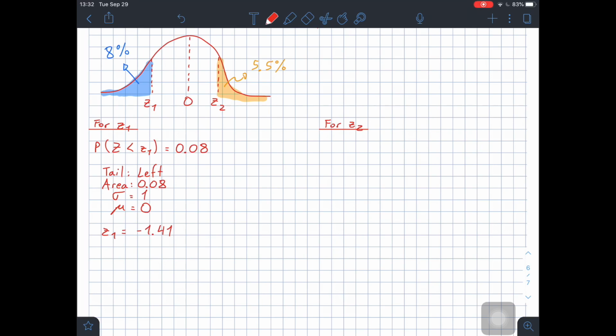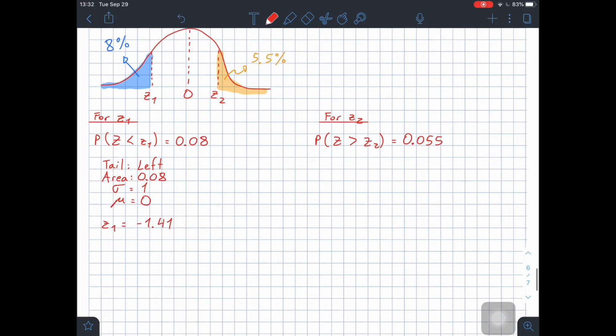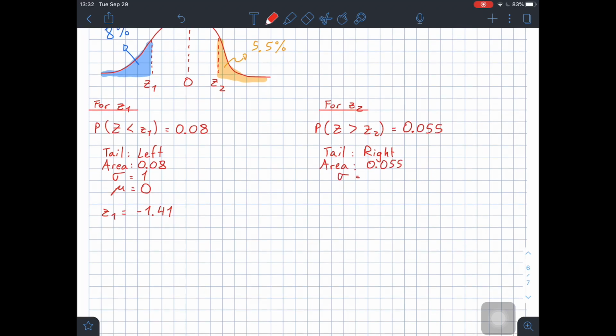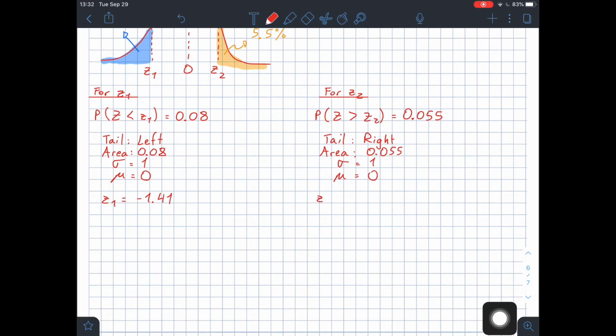In this case, we have that the probability of C being greater than C2 is equal to 0.055, right? 5.5%. So in this case, our tail is to the right. The area would be 0.055, and the standard deviation is 1, and the mean is 0. So with this information, we're going to find the value C2, which, if you go to a calculator, would be equal to